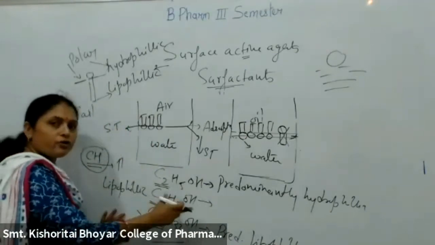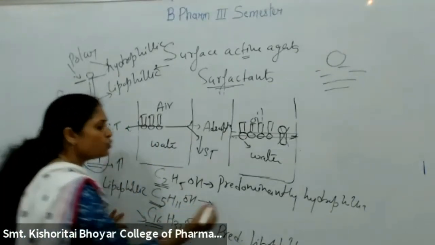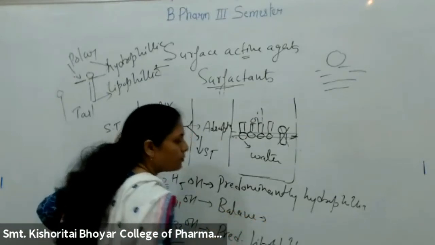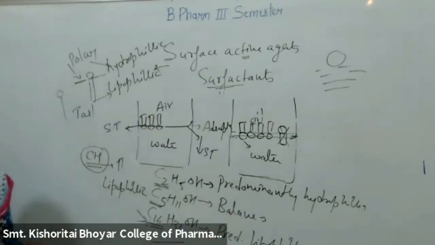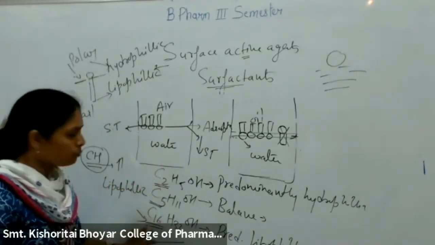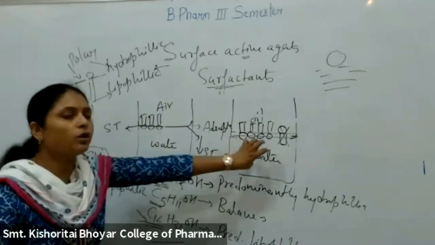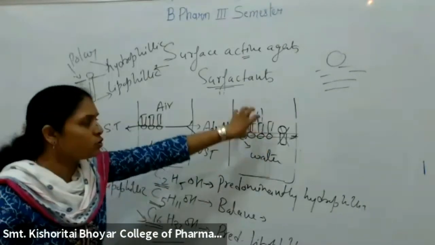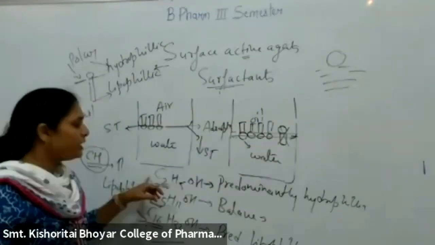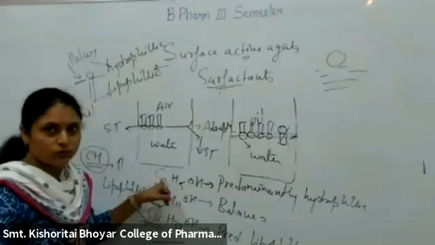And this we can term as, यहाँ पर lipophilic और hydrophilic groups are balanced, so this is the balanced one, with balanced hydrophilic and lipophilic groups. So the example is here. For example, I have taken these three molecules. Ethanol mixes with the water, so it is not able to remain onto the surface, but it will go into the water. So definitely it is not able to reduce the surface tension.